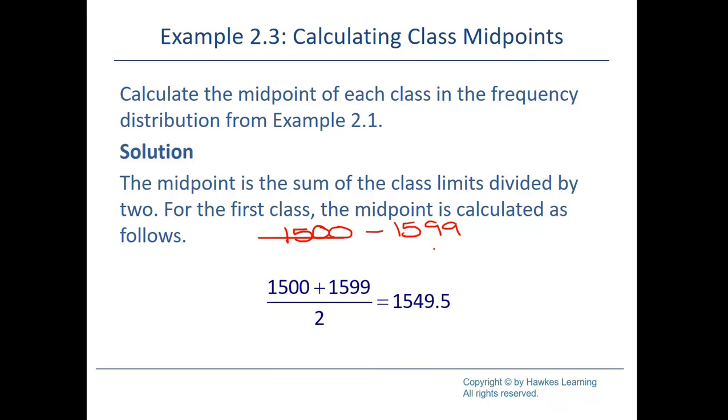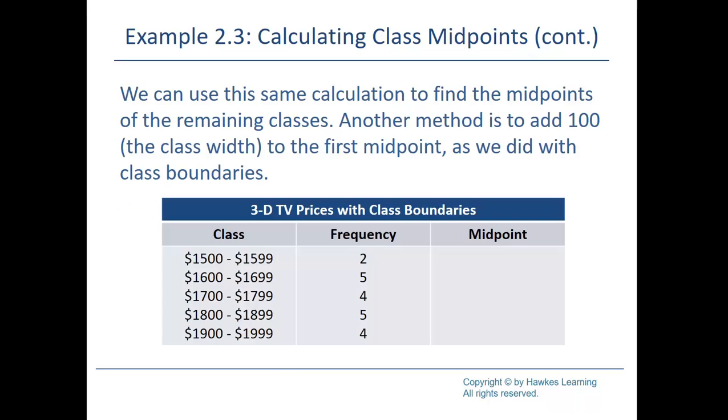So all I have to do now is take 1500 plus 1599, add them together, divide by 2, which is going to give me 1549.5. Okay, so for my first class here, my midpoint is 1549.5. I can repeat the same process with the next one, so I can add these two together and divide by 2, and you should get